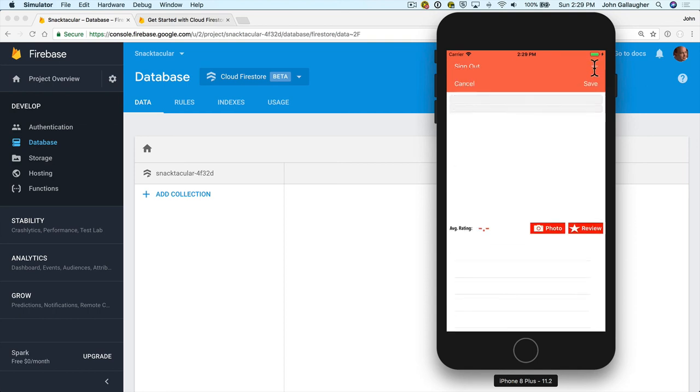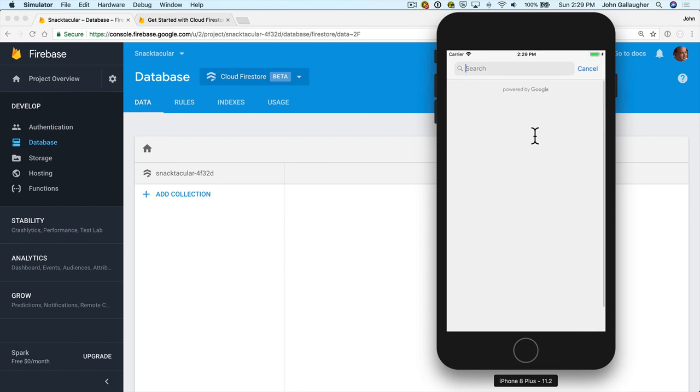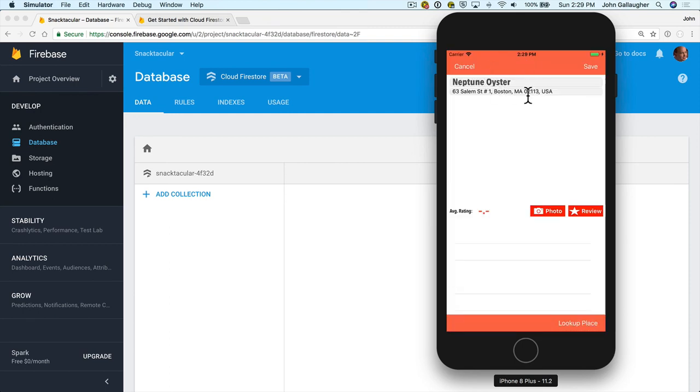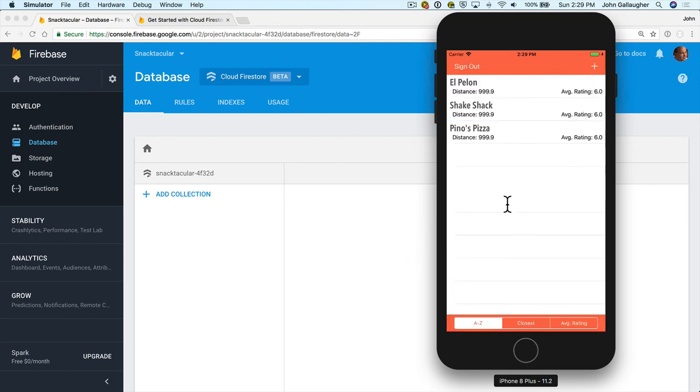Now I'm going to click on plus. What do we want to enter? I'm just going to select, how about Neptune Oyster? So I'll click on this guy here. It puts in data from Neptune Oyster, which is great. Now I'm going to click on save, cross our fingers. Does it work? We don't see anything here because we haven't done anything to read the data in, but